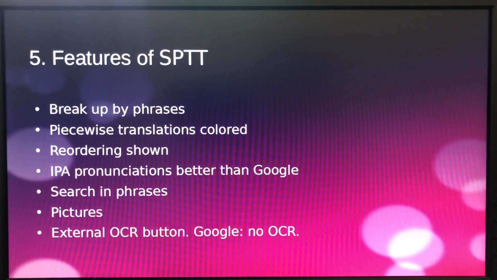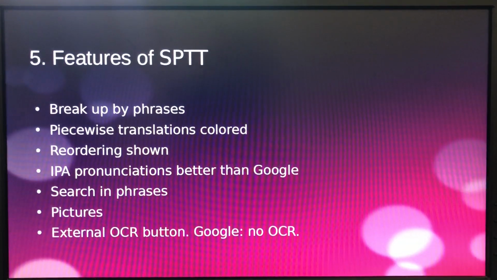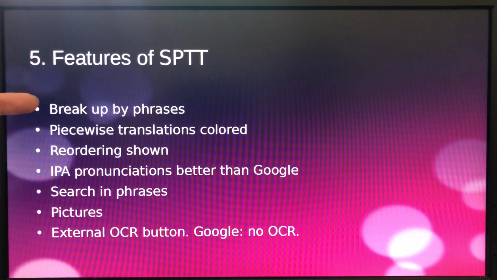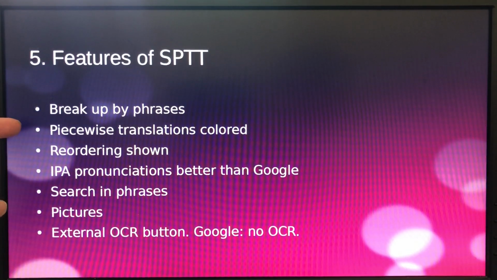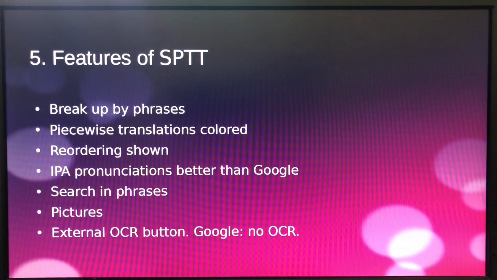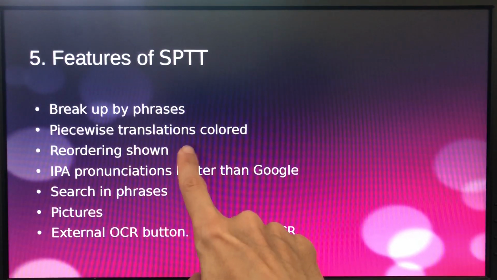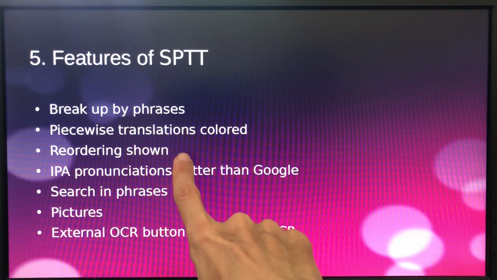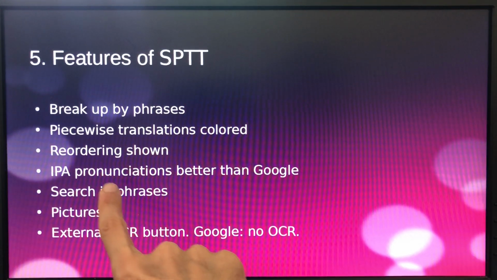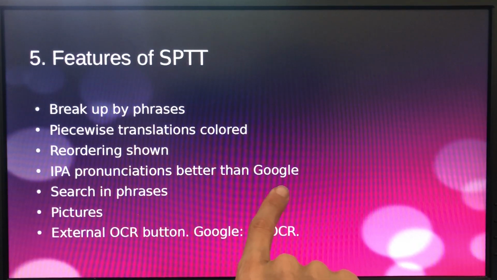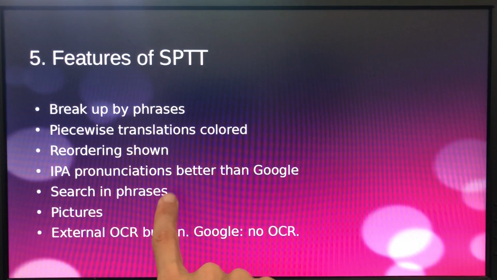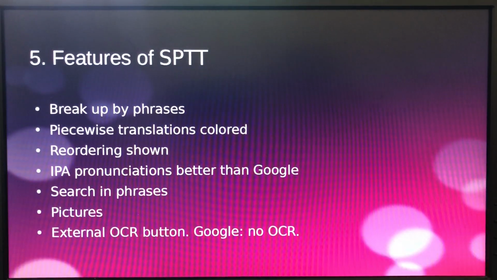So what features does it have? It breaks up the input phrase by phrase, so you have control over the translation. If it needs to break some phrase into pieces to translate it piece by piece, then it shows you in blue and green color. It shows you how it did reordering of the words. It has IPA pronunciation, which is better than Google, both in Khmer and English. And you can search in Khmer and English phrases of the actual neural network, not only words, but whole phrases, like the constitutional monarchy,